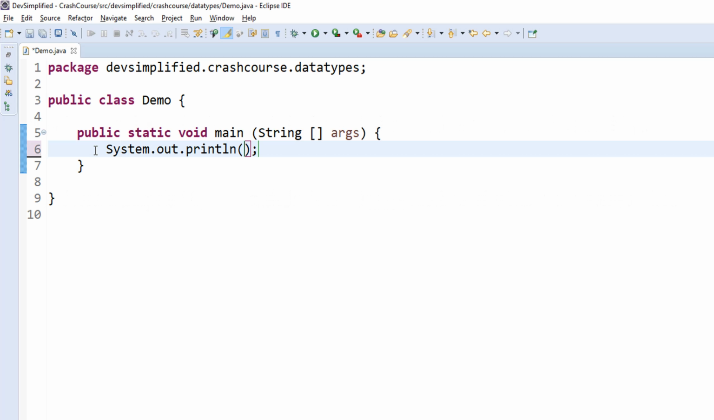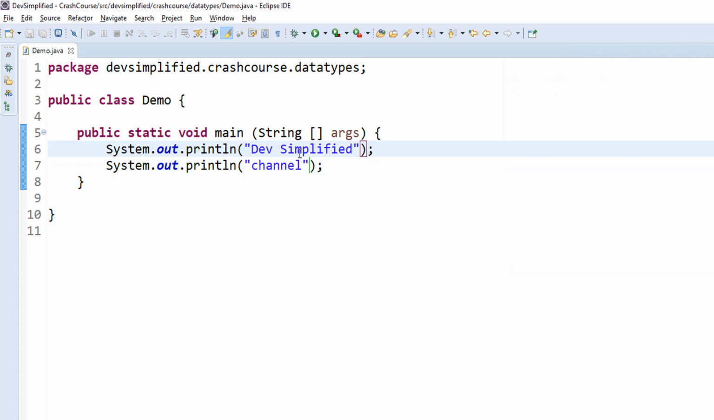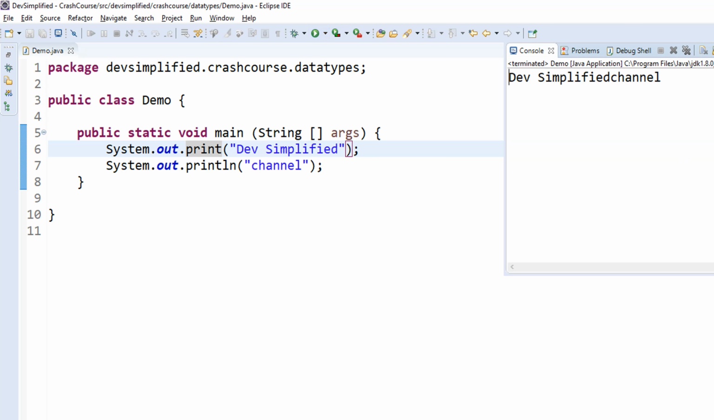Let me print two strings, namely Simplified and channel. After executing, we could see Simplified and channel are printed on separate lines. Let me remove the ln. So right now System.out.print is being executed. Now we could see Simplified and channel are being printed in the same